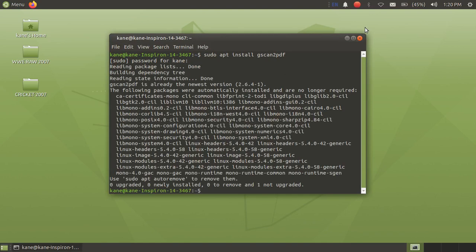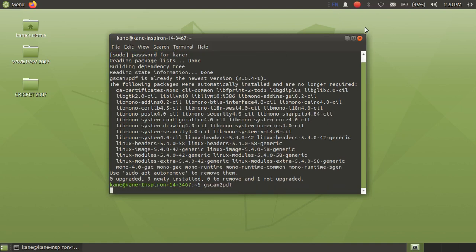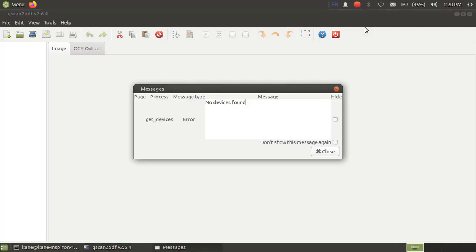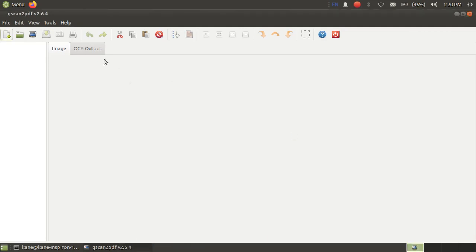After you have installed this tool, just open it by simply typing the name of the tool. It is a GUI tool, so you do not need to learn the syntax of any command here. Now we will simply select the images that we want to convert into the PDF. So just go to the location where your images exist.